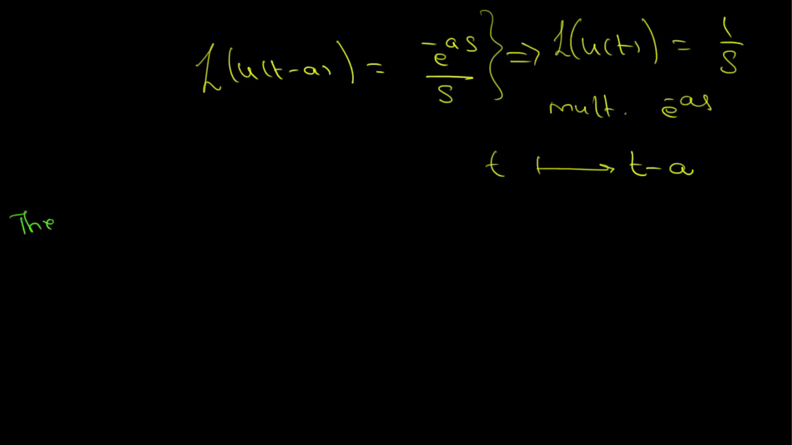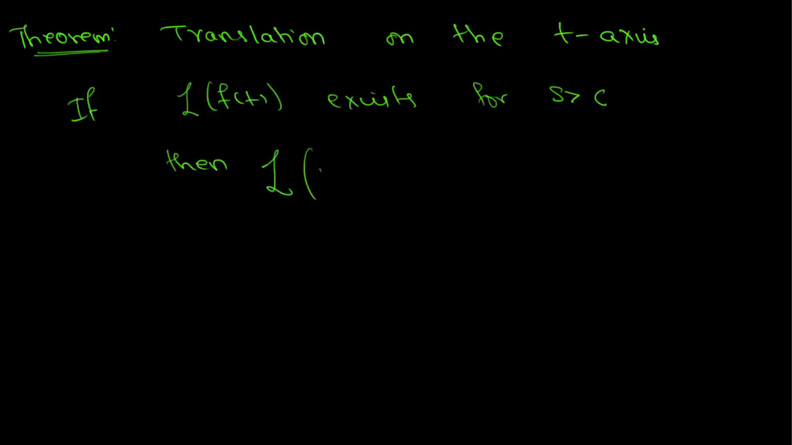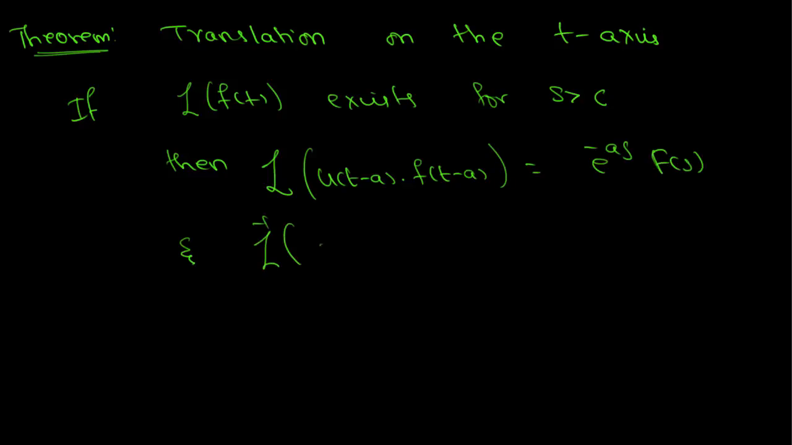Let us state the following theorem. If the Laplace transform of f(t) exists for s greater than c, then the Laplace transform of the function u(t minus a) multiplied with f(t minus a) is equal to e to the power of minus as F(s), and the Laplace inverse of e to the power of minus as F(s) is equal to u(t minus a) f(t minus a) for s greater than c plus